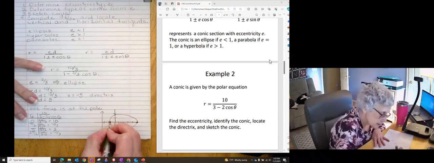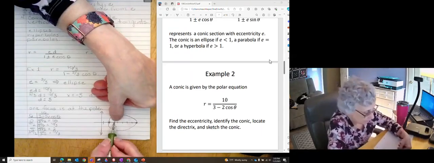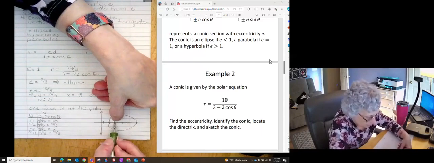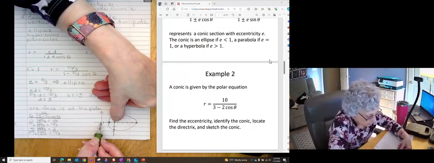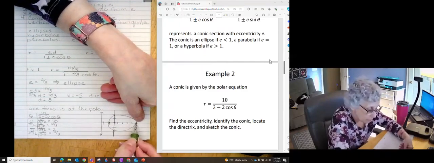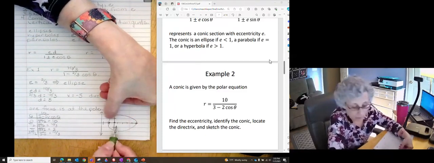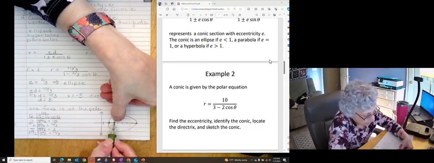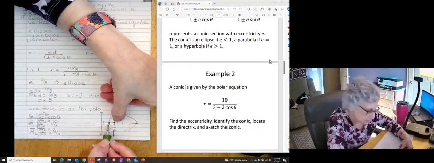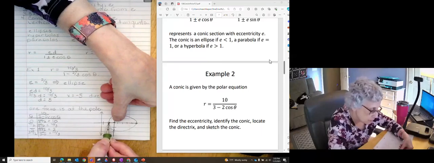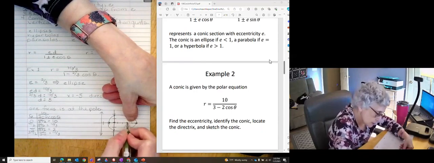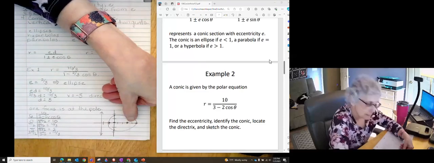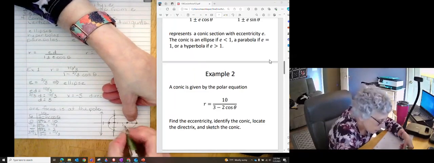I find the distance from, actually the focus is right here, so the distance from the focus to the directrix, or you could find the distance from here. But just to find the other focus, we don't need the directrix, we need the vertex. The distance from the vertex to the focus is 2 units, so I have another focus right here at the